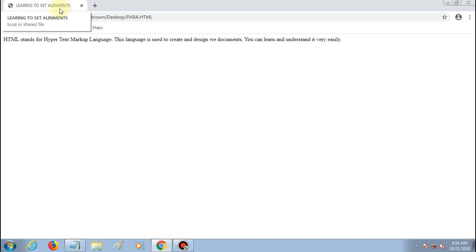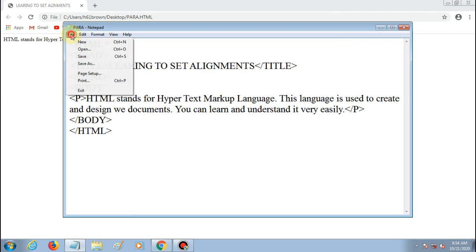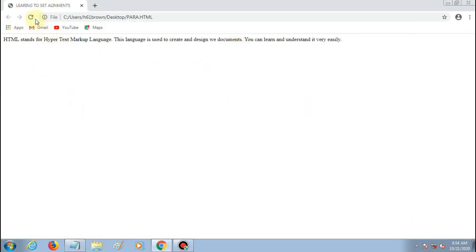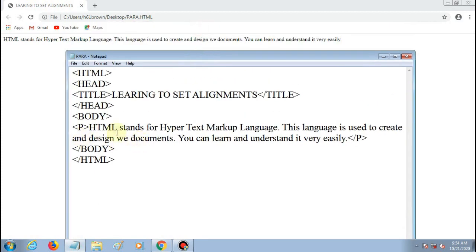Okay, the spelling of alignments is wrong, so you can correct it from here. Then again, doing a correction, remember to save that file, then reload it. See, okay, so in this paragraph you can see no alignment is given.